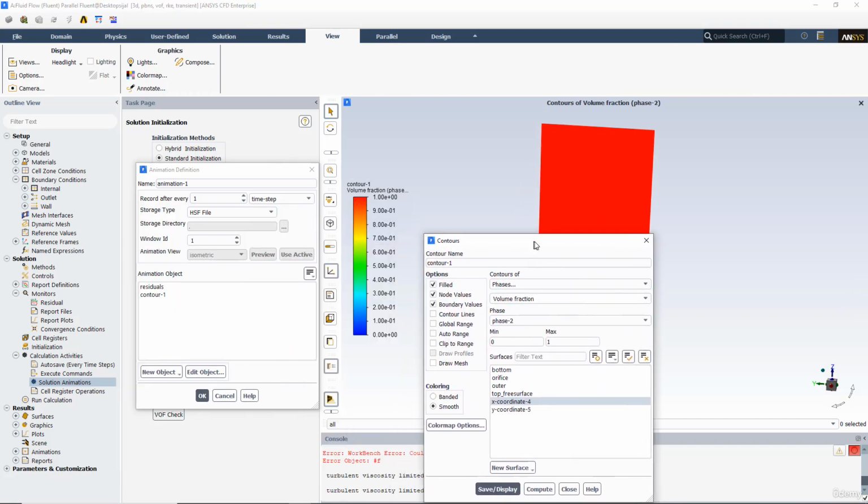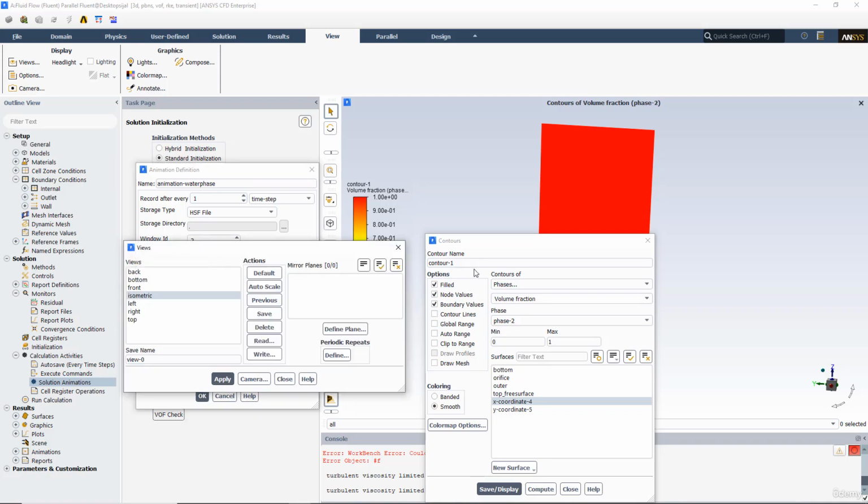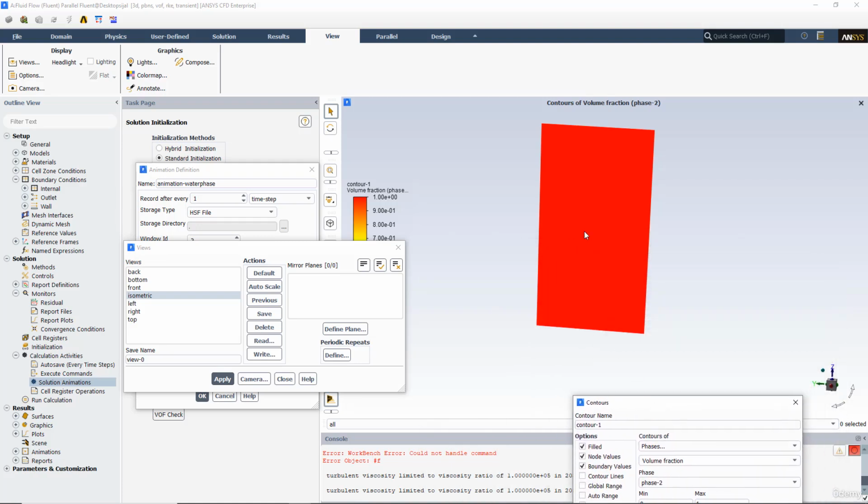Okay, now from the animation definition, let's say I put the animation name as animation, and it's a water phase. Then from the animation view, click on manage views. Now I want to see which view is going to be useful for me. So I will check with the